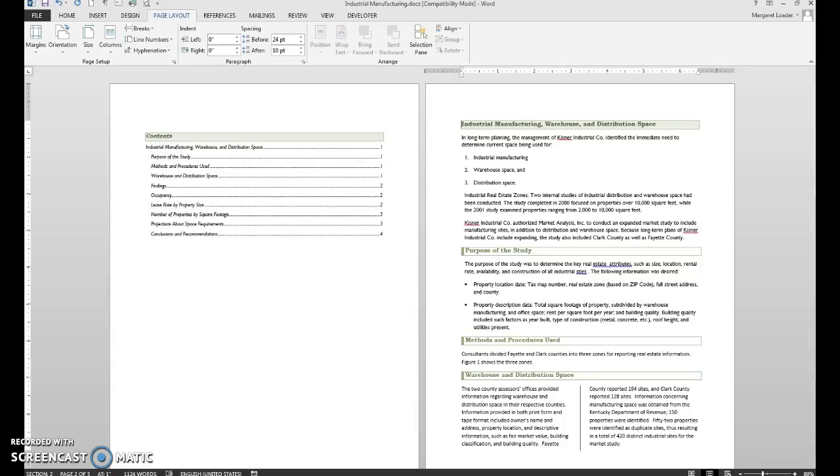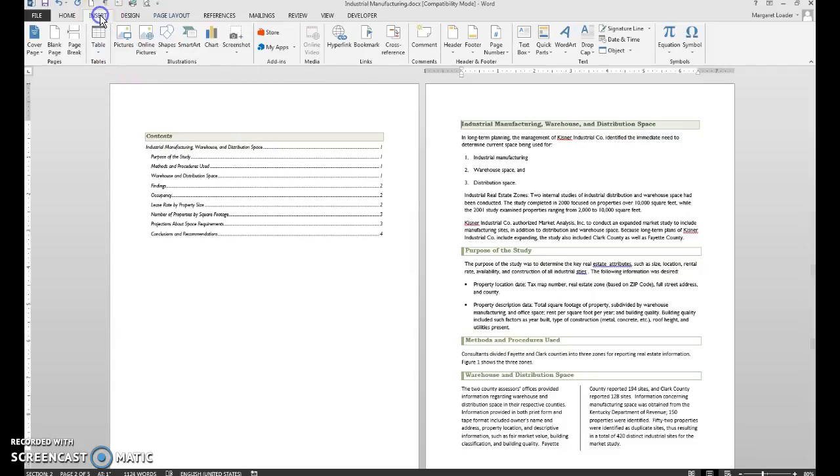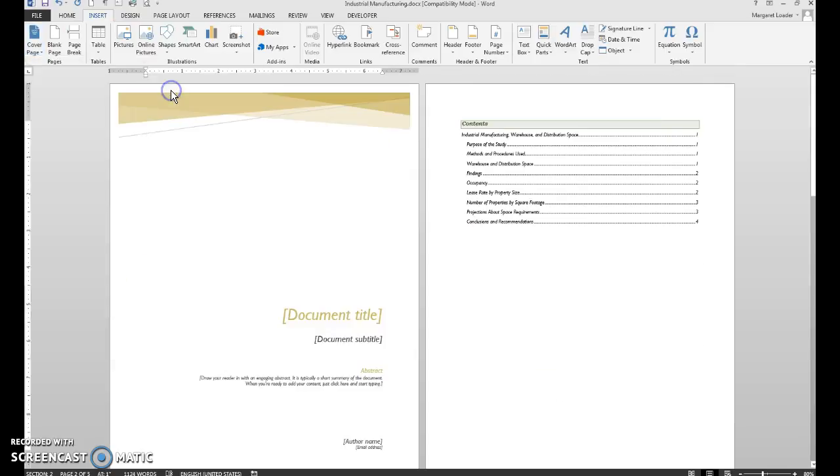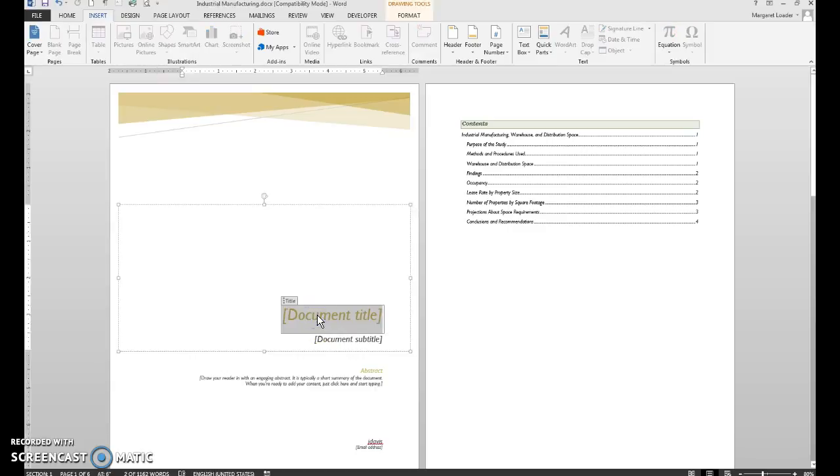Then it says insert the facet cover page. So I don't even need to move my cursor because I'm going to insert a cover page, so it'll automatically insert as a cover page. So insert cover page. This is the facet design. There we go. It says the title is industrial manufacturing, so I'm just going to click there and type